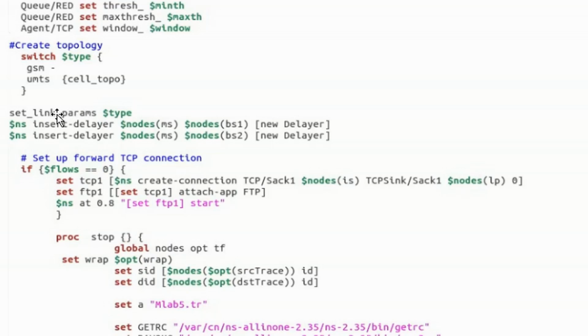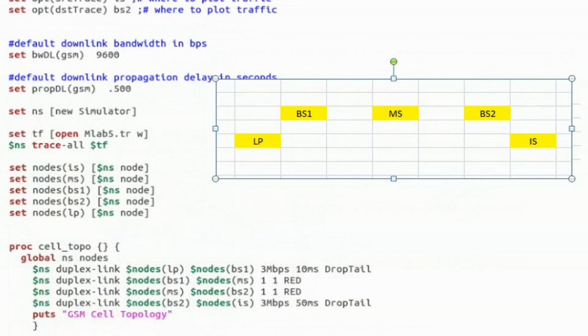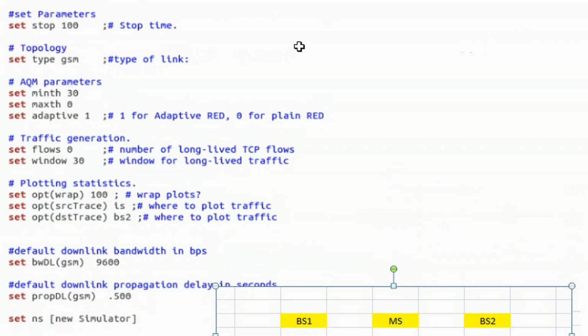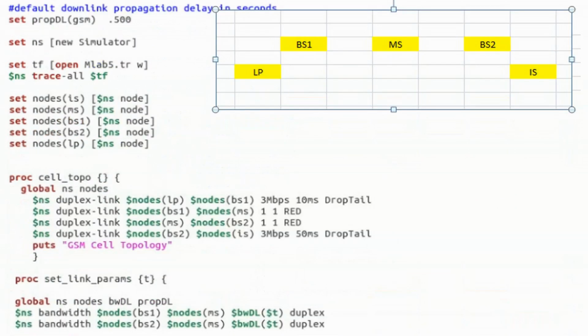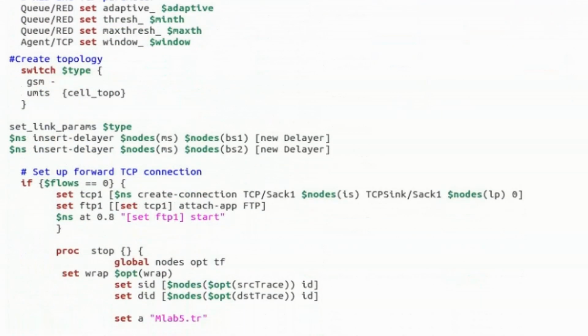And then it is here I am actually calling the set link parameters for type GSM. What is my type? GSM, because I have defined it as GSM. We saw this here. So what am I calling now?